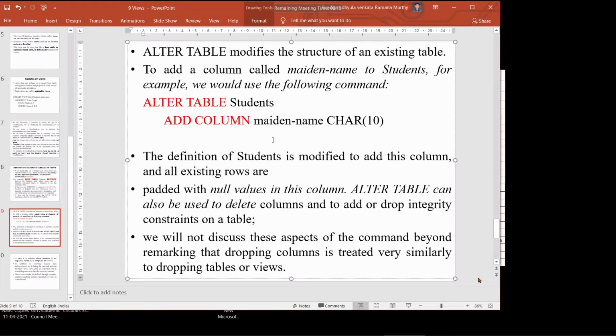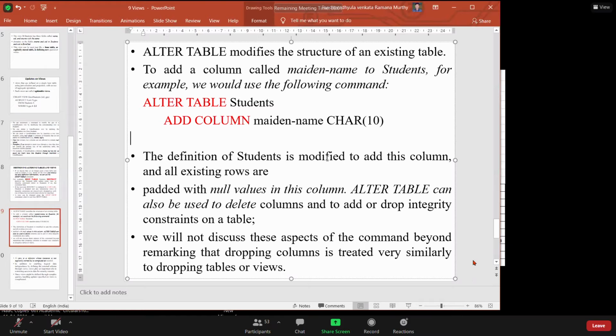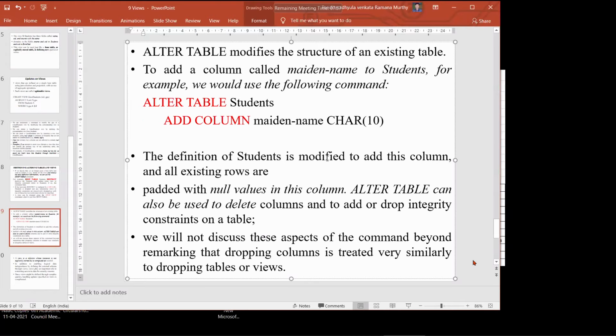Okay, it doesn't contain anything. I will show you in the lab contents or other values. Clear? So when I am adding a new column, maybe a fifth column, we are having only 4 columns in the student table. When I'm adding the fifth column, the previous 4 columns have data, but the newly added fifth column has no data.